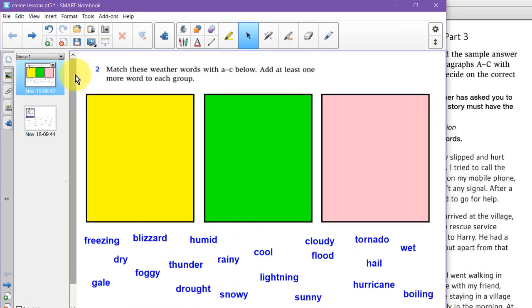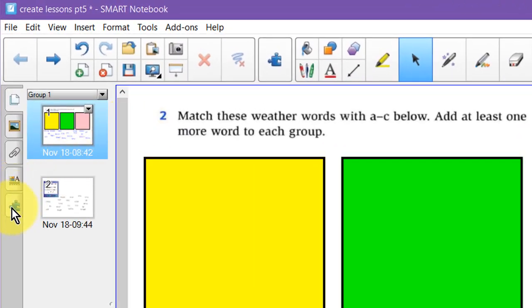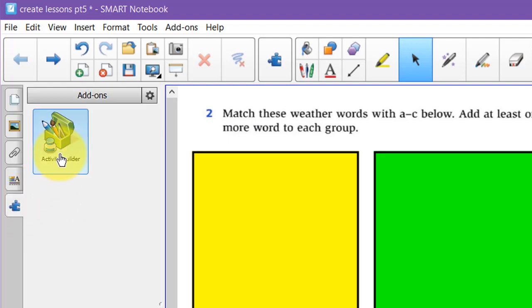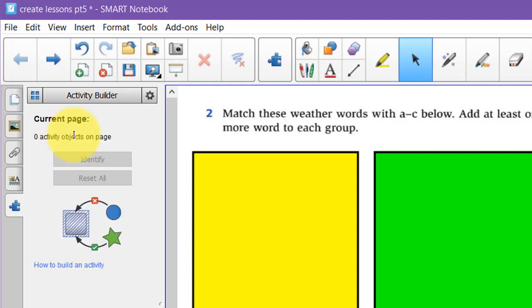And how we do that is we go to this last area here, and it says Activity Builder. And if you have the newer version, you also still have the Activity Builder, but you have other add-ons that we don't have on the earlier version. So we click on Activity Builder, and what we have to do is